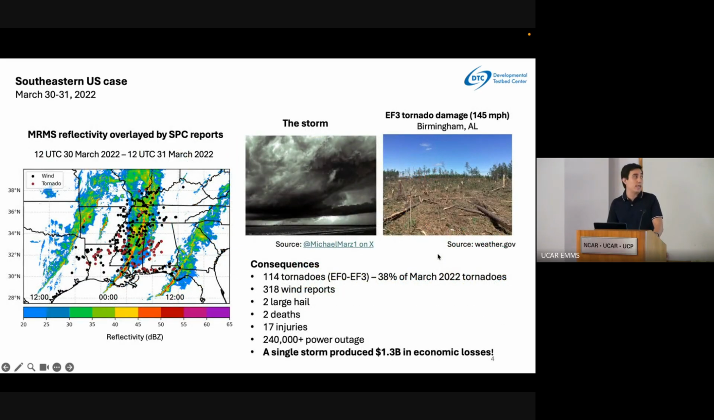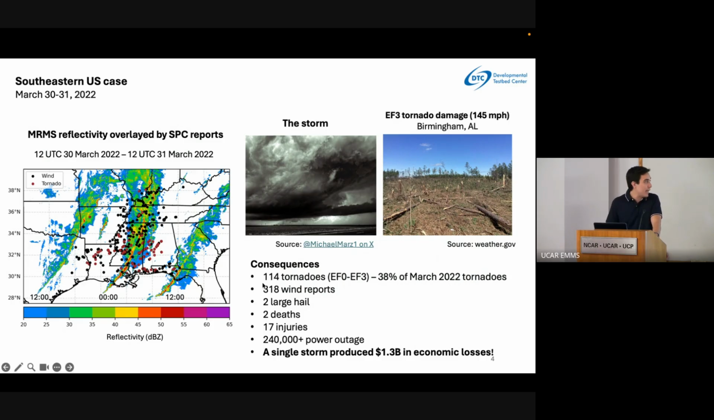This case is a very good example to show us the impact of a single storm. Between 12 UTC on March 30 and 12 UTC on March 31st, we have here the MRMS reflectivity at 3 times, overlaid by SPC reports. We can see how impactful a single storm could be